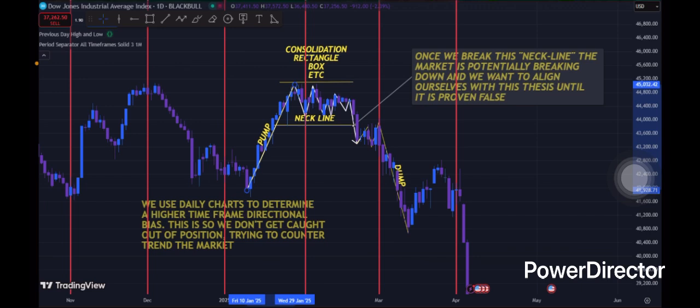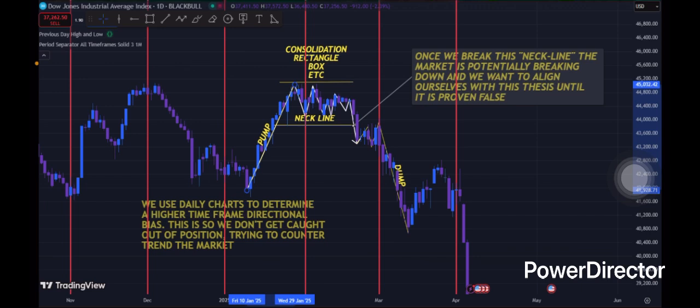let's get into it. I'm going to give you 3 reasons of why we use the daily charts. All right? So the first reason we use the daily charts is to determine a higher time frame directional bias so we don't get caught out of position trying to counter trend the market. All right? So if we look at this chart,